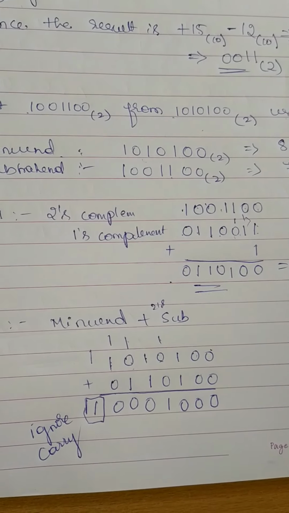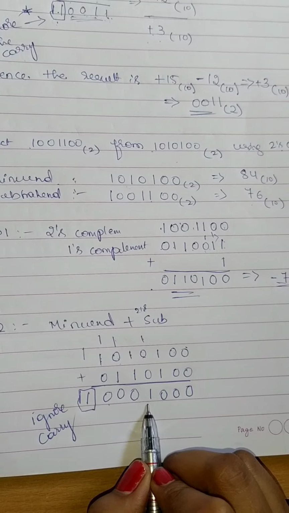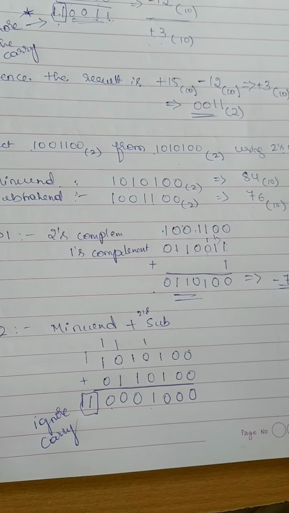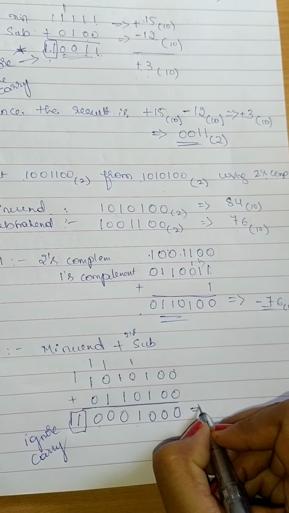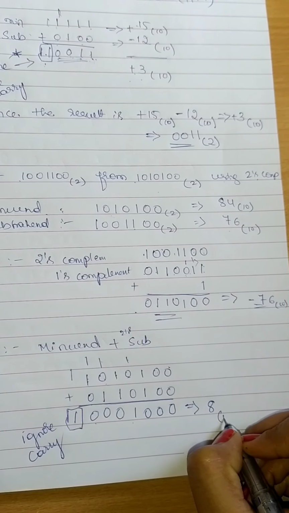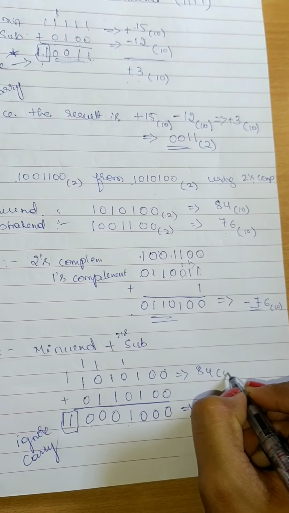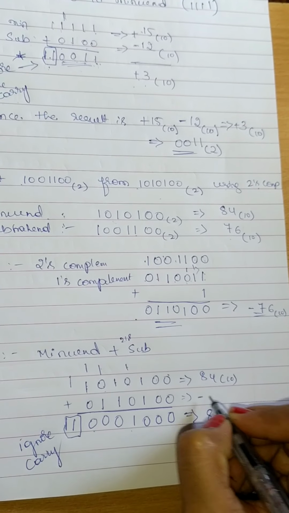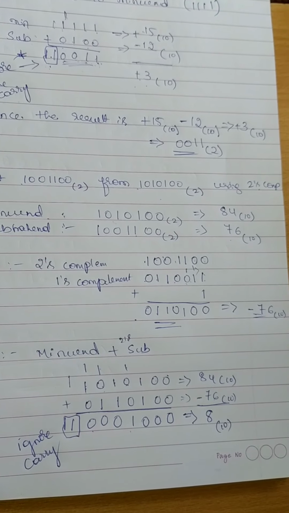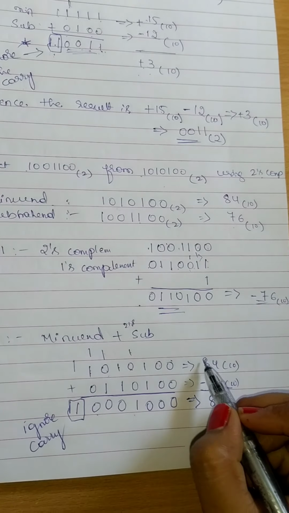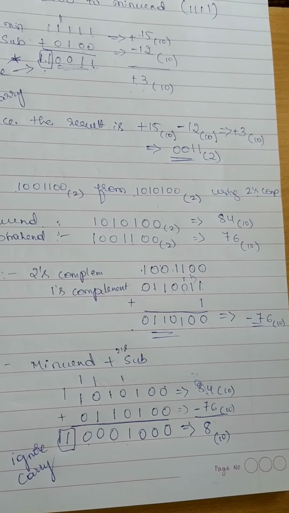So what are we going to get? When we check in 8421 format, what comes? 8 comes. Okay? So if we subtract 76 from 84, how much? We are going to get 8. So this is equivalent to what? 8 base 10. Okay, and this is equivalent to 84 base 10, and this is equivalent to minus 76 base 10, so that in 14, if 6 goes, we get 8. Okay? Then this 8 becomes 7 because we have sent a borrow here, right?